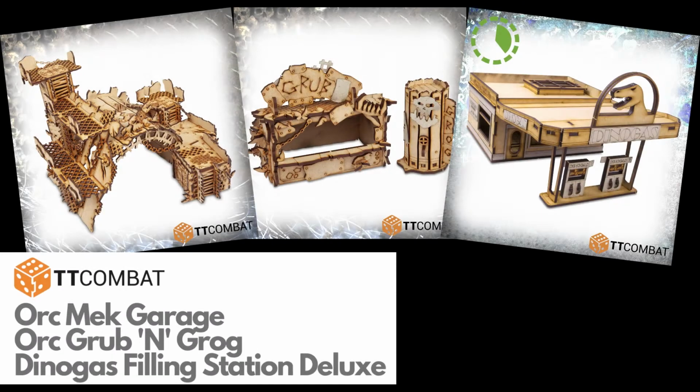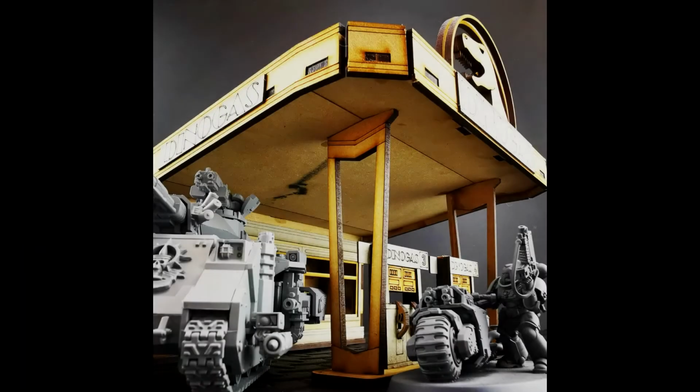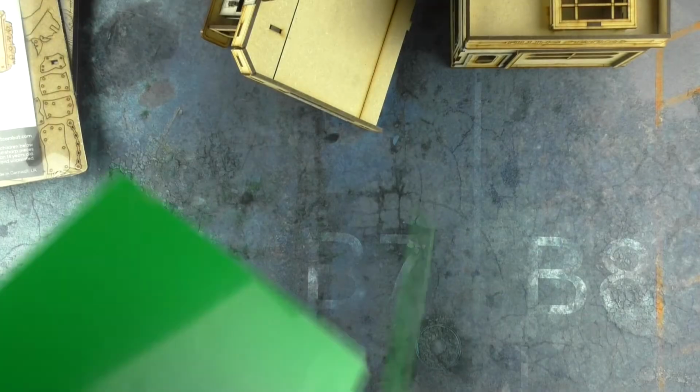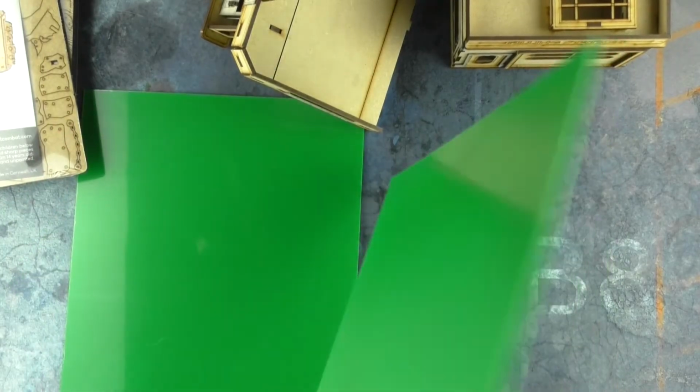Let's have a look. At the heart of this conversion are 3 kits from TT Combat's fantastic MDF range of scenery, the Orc Mek Garage, the Orc Grub and Grog, and the Dinogas Filling Station Deluxe. Now, I did previously do a video on the filling station, so I'll put a link to that in the show notes below. You can see it up in the top here, but what I need to do is to